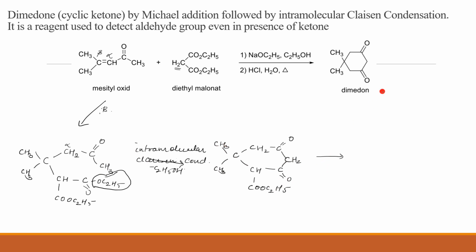Now look at this, we are almost there. It's just that we don't want this. So the first step is what? Just like the previous reaction, hydrolysis, acidic or alkaline hydrolysis you can carry out, and then on heating your carbon dioxide will be eliminated. So initially, by hydrolysis, this ester will be converted to acid, and after heating, CO2 will be eliminated. So the final product is this. It's as good as removing the whole group. It's just like the previous reaction. That is why I'm not going into much detail. So these were two examples.